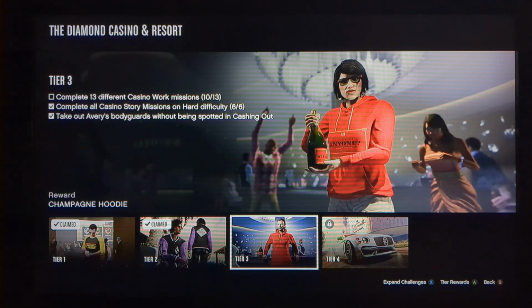Instead, they want you to go the hard, difficult route, it seems, where you actually complete 13 different casino work missions. If you call Miss Baker, you have to remember that every time you request a casino work mission, it's random. It's randomized, guys. It's not the same casino work mission. So if you do end up getting the same casino work mission, it's not going to count in the career